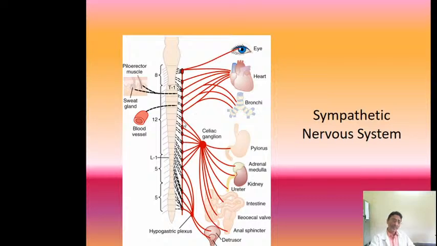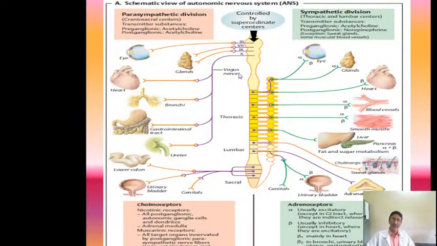So there is a sympathetic chain where you will find that they take their origin near the sympathetic chain and supply the postganglionic fibers. Whereas the parasympathetic fibers, when they take their origin, travel a long way, and their autonomic ganglia are present only very close to the target organ. So they have long preganglionic fibers and very short postganglionic fibers.